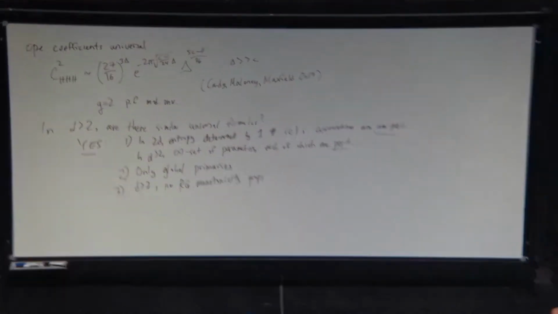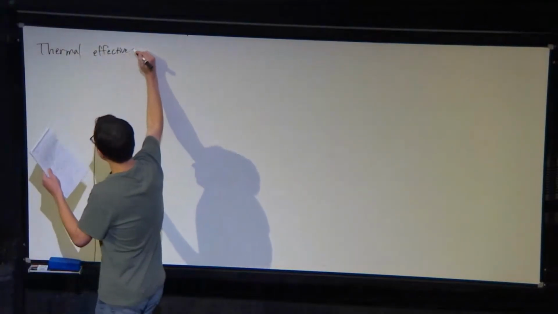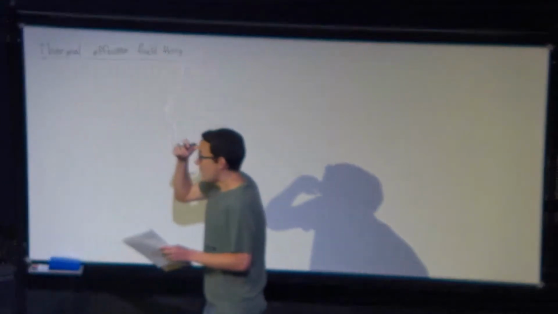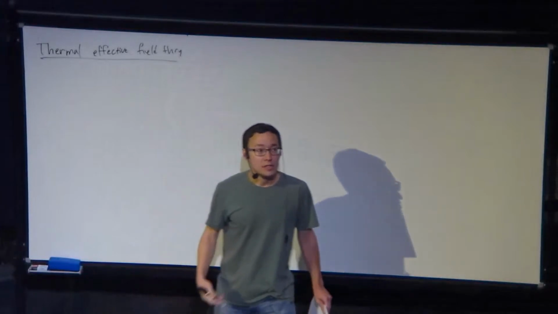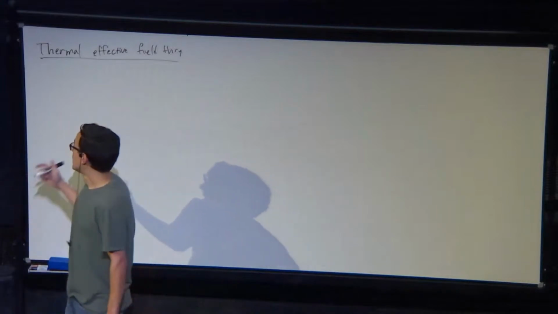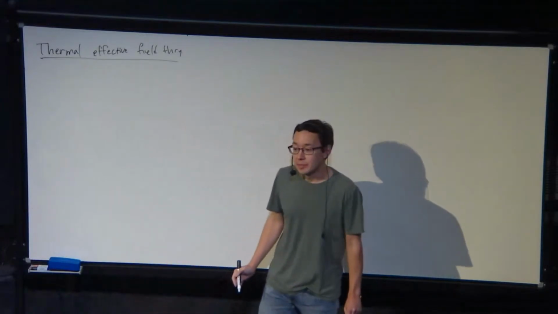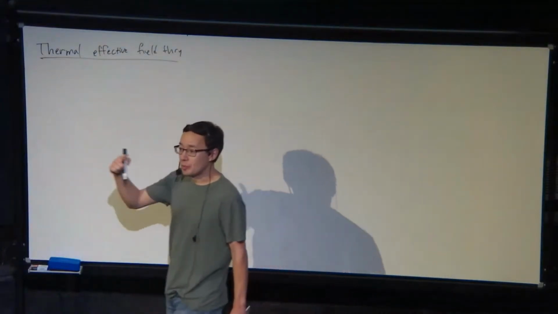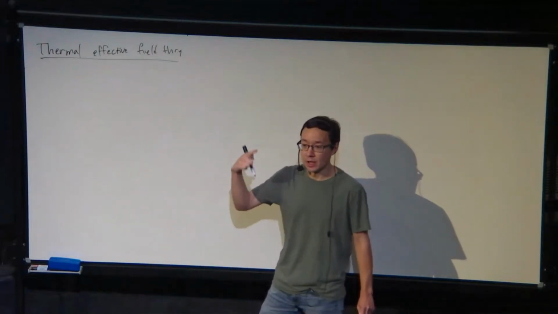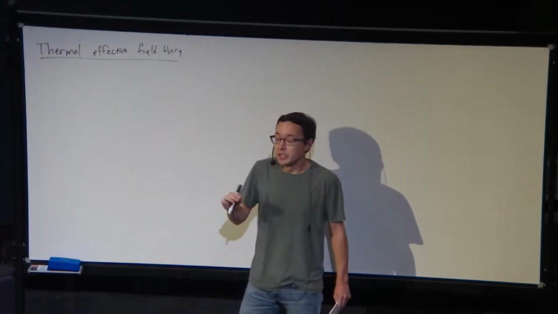The main technology, the main tool we're going to use is sometimes called thermal effective theory. And the logic is the following. Let's consider our d-dimensional CFT, where d is bigger than 2, and we'll imagine compactifying it on a circle. So we'll imagine putting the CFT on an S^1 with some size beta. And the main point is the following. Because this is a CFT and we put it on a circle, there are actually no parameters we can tune, because the only parameter we have is the dimensionful parameter, which is the length of the circle.